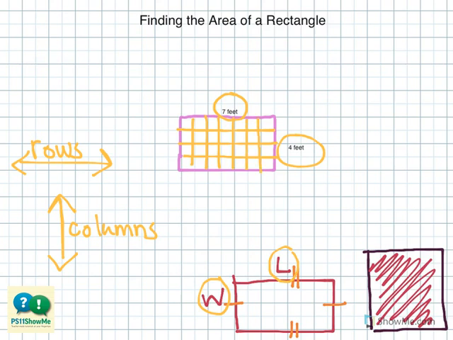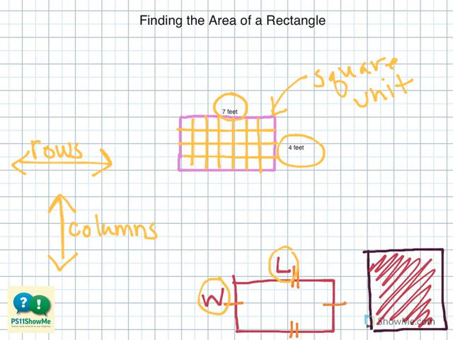Now that I've made these rows and columns, I can see the square units. And as I said before, area is measured in square units, and tiling actually lets you see those square units. The number of square units is the space within the shape, or the area. One way I can calculate the area is to count each of those square units, or I can just use